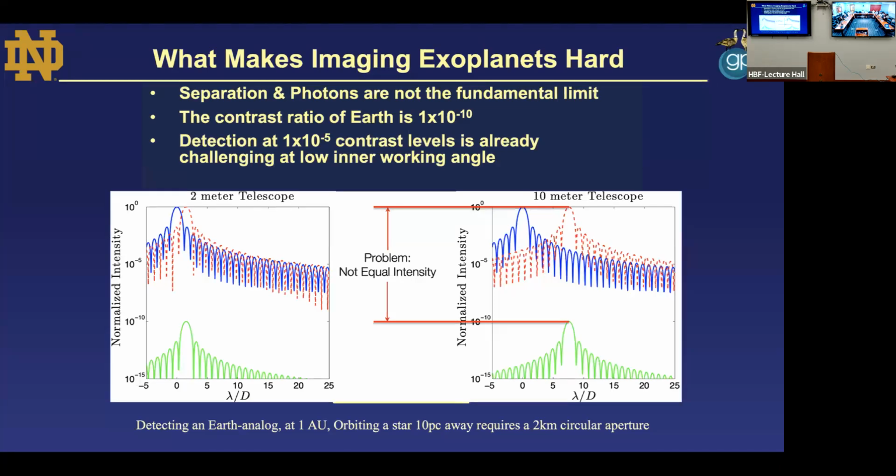If these objects were free floating, if you had a free floating planet, the brightness of a recently formed Jupiter, you could easily see that with a 10-meter or an 8-meter telescope. The problem is you have a really bright object next to a really faint object. And so even though we usually only think of the PSF as going through maybe the first Airy ring or the second Airy ring, that pattern still continues to go down, such that while you have this bright, I don't know why I keep trying to point at this with this laser pointer, while you keep trying to see the relatively bright object here,